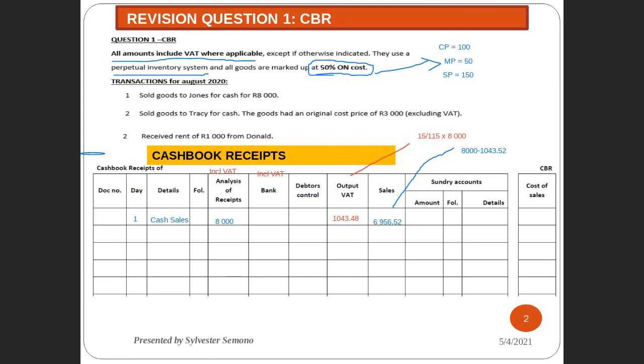And now we had to calculate cost of sales. Remember how we had to calculate the cost of sales? Because the markup is on cost, and we're looking for the cost, and the markup is 50% on cost. You must know how to use that. So the calculation was as follows. If I remember very well, we had to take, let's see,